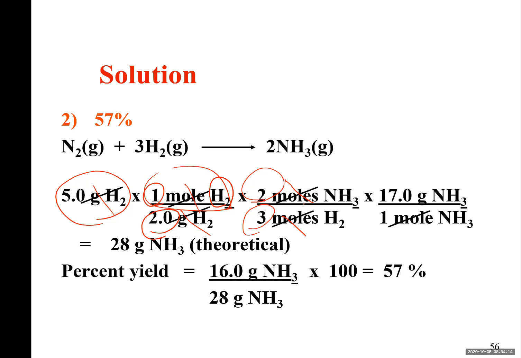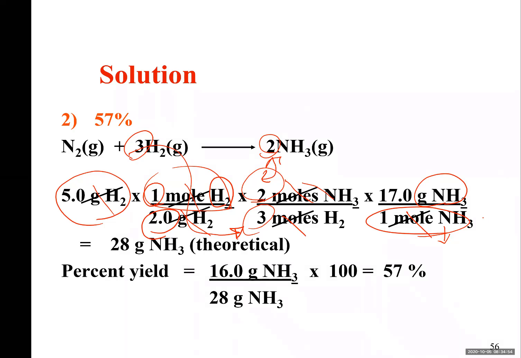Every 2 moles of NH3 can be produced from 3 moles of H2. So this 3 is coming from the balancing coefficient. This 2 is coming from the balancing coefficient. Next, I want to cancel moles of NH3. Go to grams of NH3. I write grams of NH3 on the top, moles on the bottom. And then 1 mole of NH3 is how many grams? Well, add molar masses together. Molar mass of nitrogen, 14 grams per mole, hydrogen, 1 gram per mole, 3 hydrogens, 3 grams per mole, 3 plus 14, 17 grams.